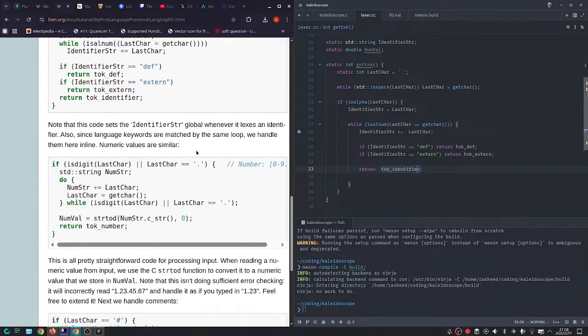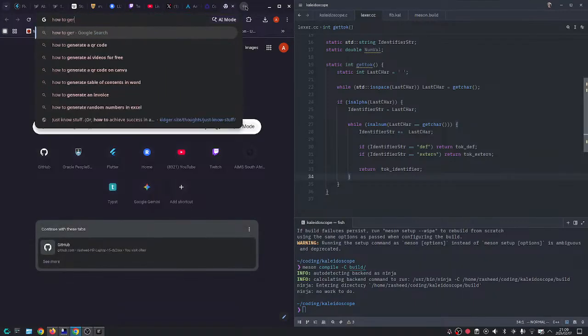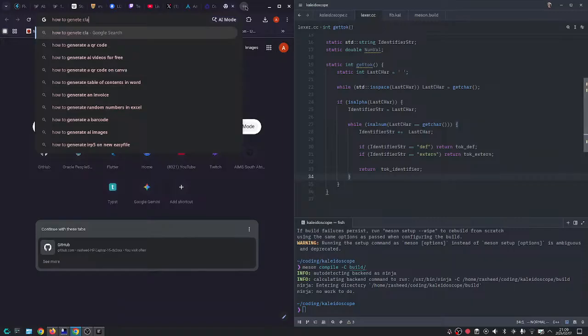Okay, let's parse digits now. So we've done for, I think, I don't know. Let me use what was in how to generate